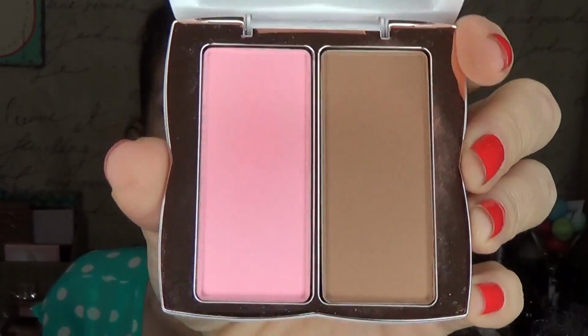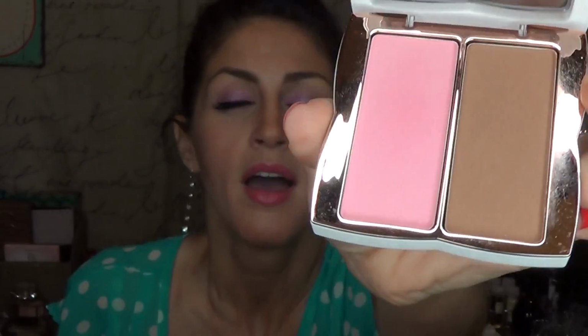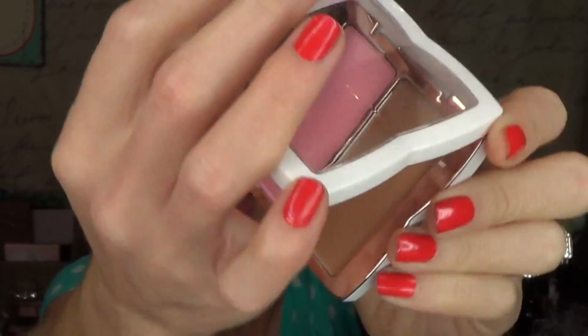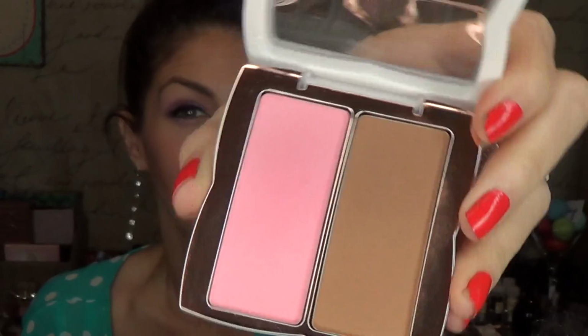Now there's no mirror in this, there's no brush or anything, but it is cool because it's magnetized closed, so I really do like the packaging of it. I think it's really cute. I like anything that has a dual purpose. It has 2 products in one. I am wearing both of these